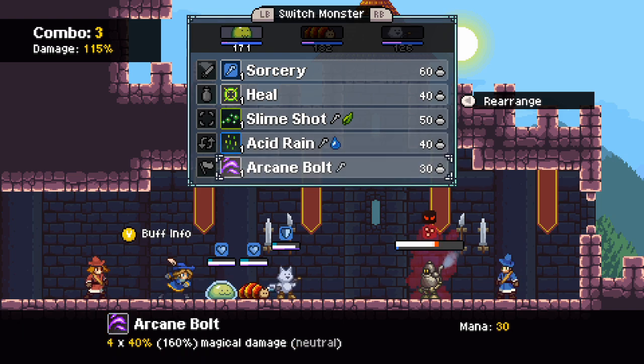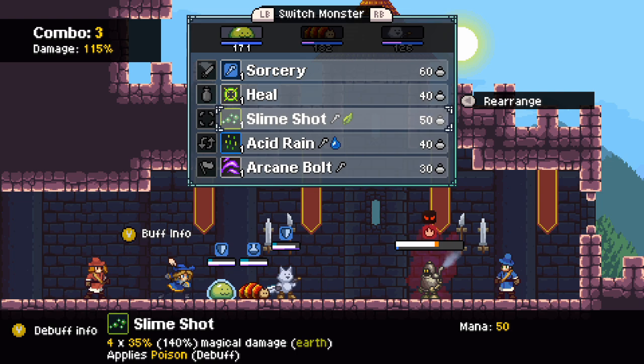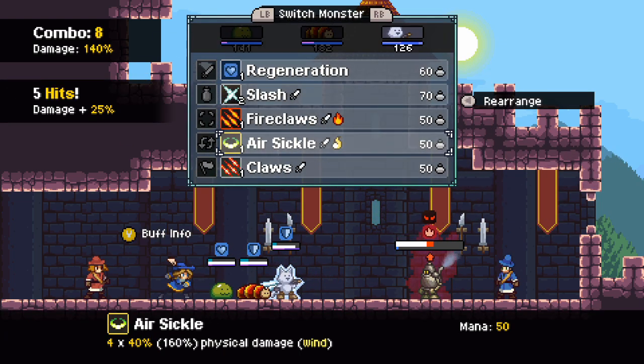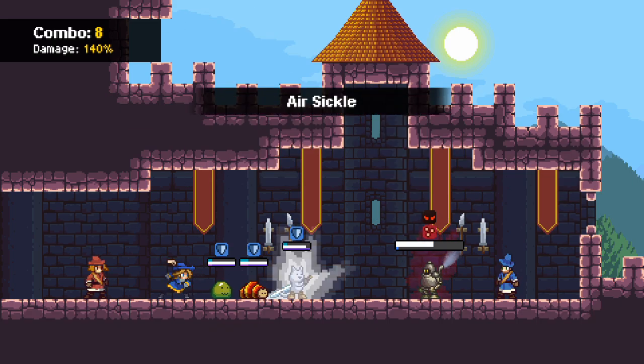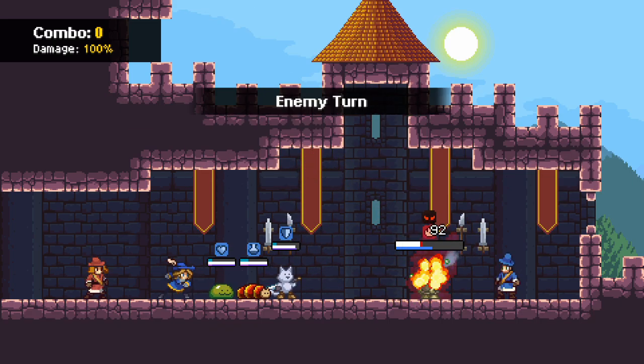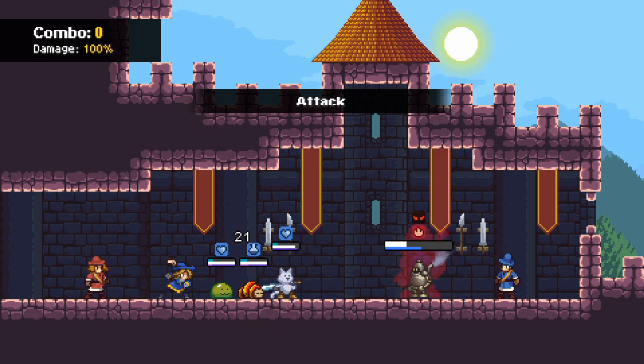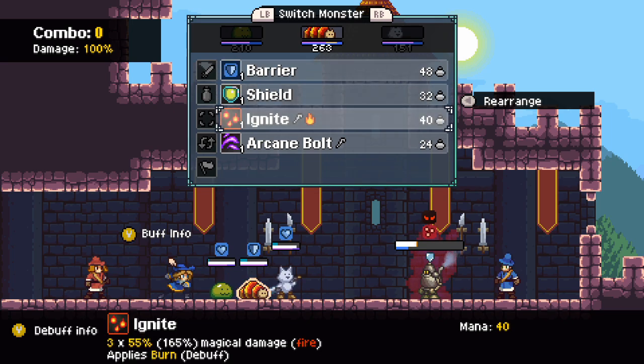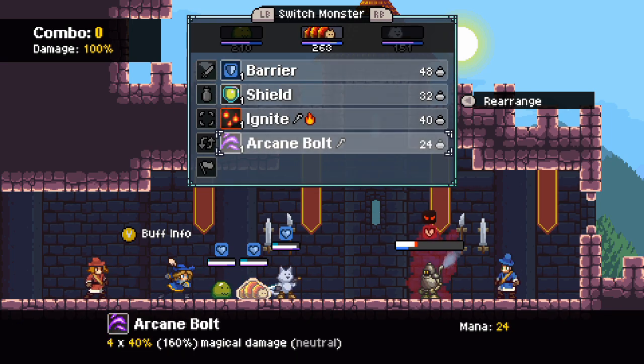I get more shots out of Arcane Bolt or Slime Shot, and Bolt does more damage, so let's bolt them. And then we'll follow that up with some Air Sickle, which of course does some good damage there. Some nice crits coming in. Poison, burn, good. Yeah, he's not even cracking our shielding layer anymore. That's nice. I don't think we can take him down this turn, even with, well...